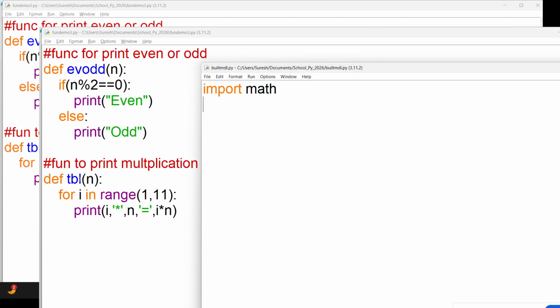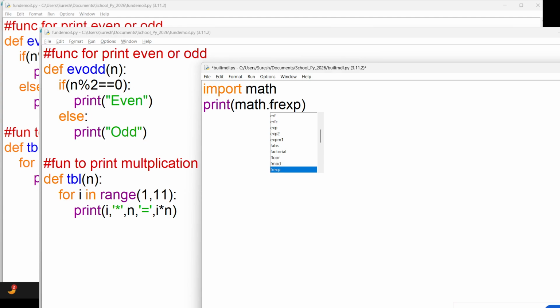This means Python has the math.py file already in the system. Now, if I directly use, suppose print math dot, you can see that there are n number of functions listed. Cos, sin, tan, ceil, floor, sqrt, cbrt.